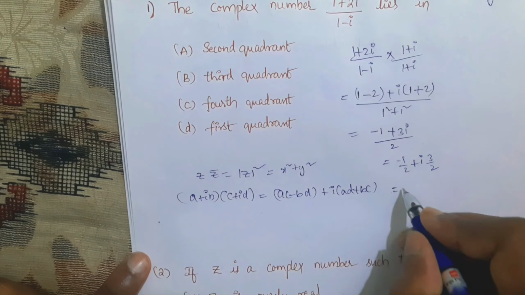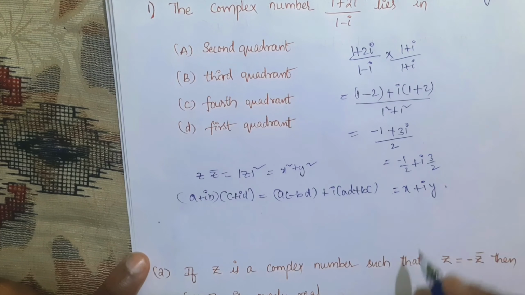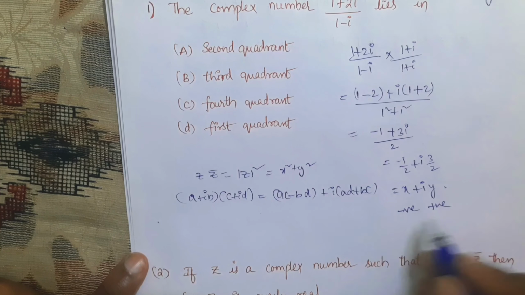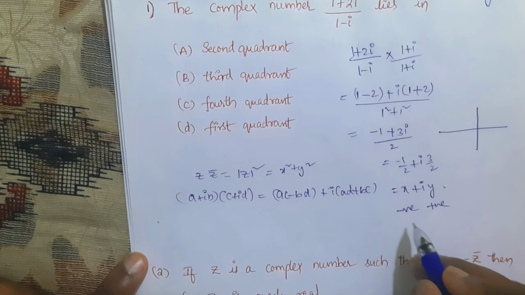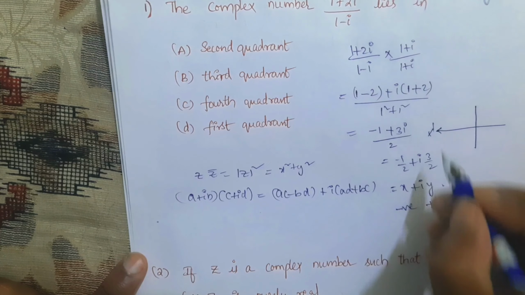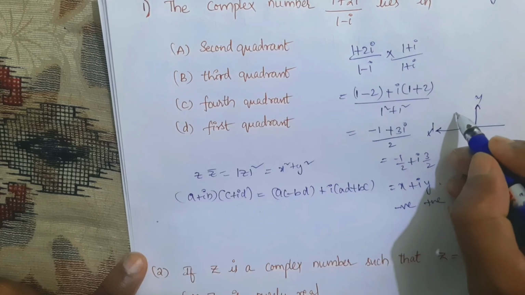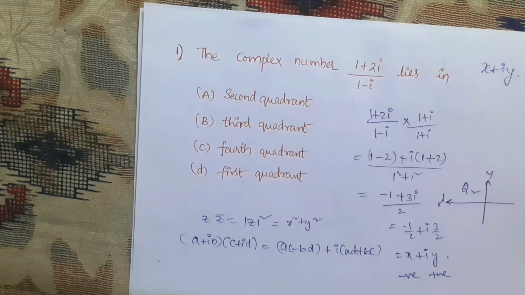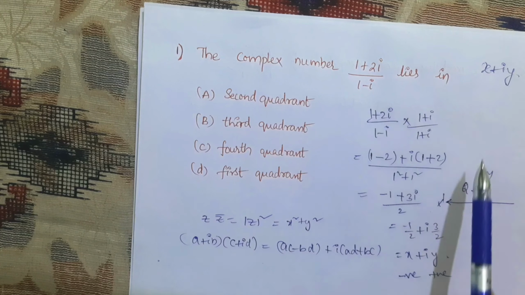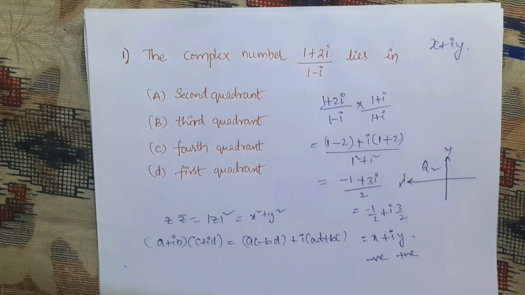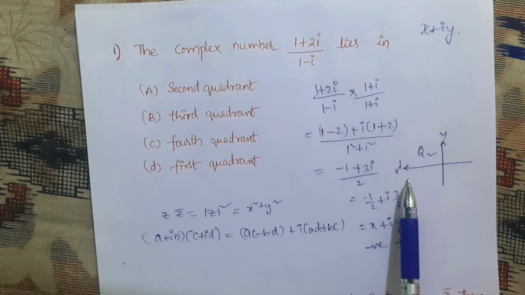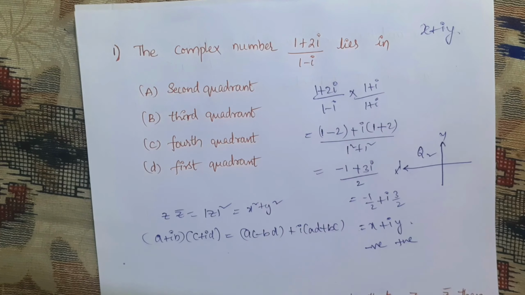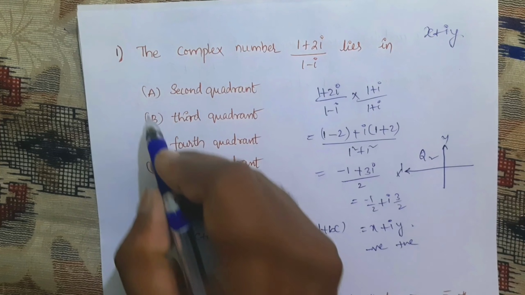If we consider this as x plus iy, x we got negative, y we got positive. From this we can identify which quadrant it is in. X negative, this is x dash, and y positive, that means it is in Q2. Very simple, these types of questions. First of all, you convert the given complex number into x plus iy form. Then, based on x and y being positive or negative, we can identify the quadrant. So it is in the second quadrant.